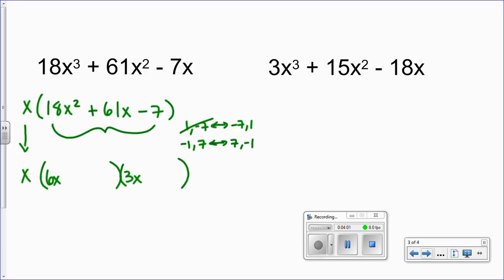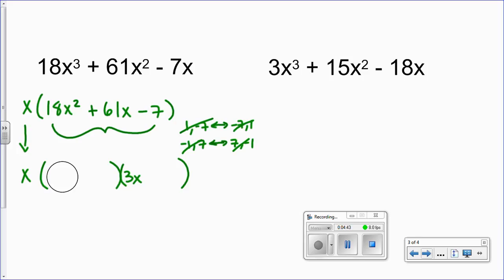So let's try the next one. Negative 7, positive 1. Well, here I get 6x minus 21x. That's not going to work either. Negative 1 and positive 7. 42x minus 3x is positive 39. Nope. And we'll see that the last option doesn't work either. So if that happens, then you do have to go and change